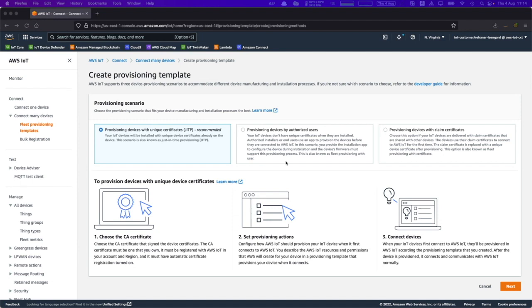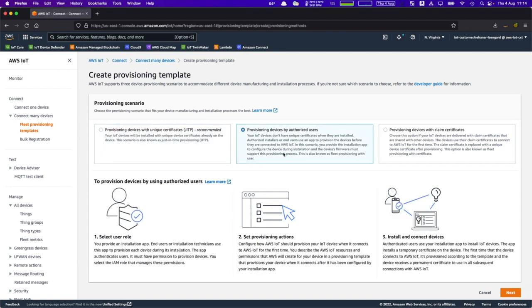Then we have provisioning devices by authorized user. If your manufacturing process doesn't allow for installing unique certificates on devices, you can use the provisioning by authorized user flow. What it effectively means is you have a device where you have provided an app to the user. So when the user purchases the product, they will connect the device through the app, which will connect to AWS IoT, provision the device, register the device, and create the connection between the product and, in this case, the thing,